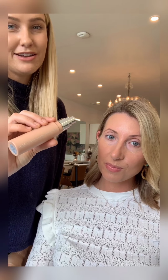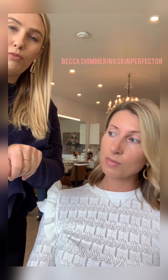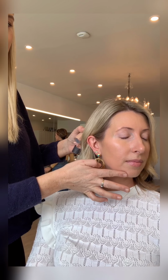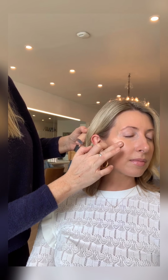And we have this magic. It's Becca. It's Shimmering Skin Perfector in Opal. And I do a little pump. And then I'm gonna go ahead and put this on the areas of her face that I want to look highlighted. So we're gonna do it on the brow bone, and then I'll blend that in. Ooh, that looks really pretty. We do it a little bit on the bridge of the nose, a little bit on the Cupid's bow, and then I'm gonna go ahead and blend all of this so it's kind of sun-kissed,